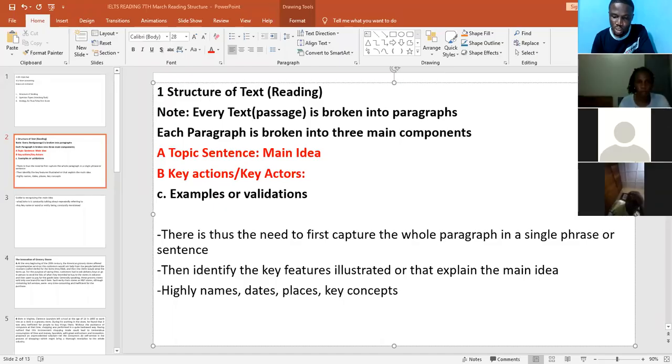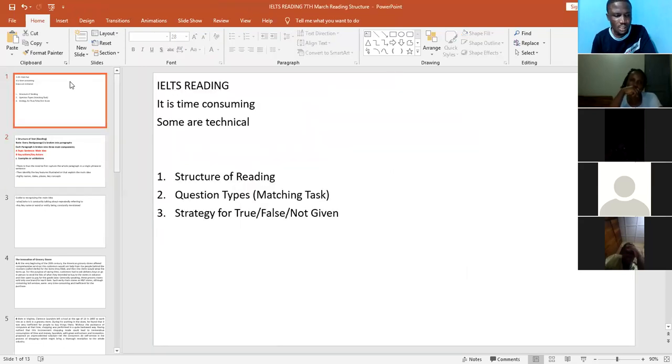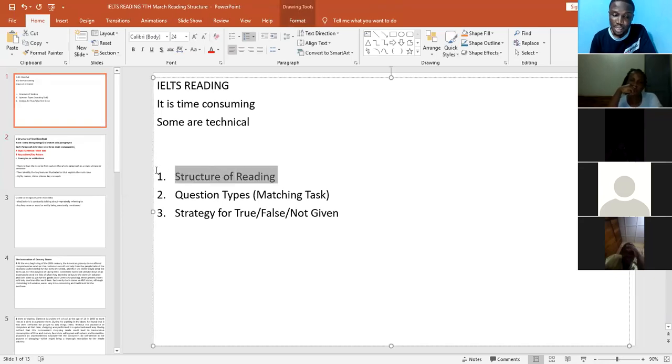Okay, I'm not saying you need to erode the methodology that you have been using. The only thing is that if the method I would be teaching is going to help you. As you can see in the slide in front of you, I'm going to be teaching three things under the reading. I'm going to be teaching the structure of reading, that is how to read effectively within a time frame and